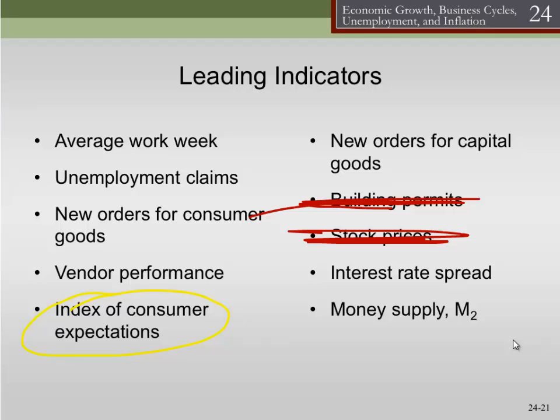First of all, building permits, it's terrible data because it's all collected from the county up, and every single county does building permits differently. So you might have one county that says to put in a water heater you have to have a building permit. Another county says to have a new house you have to put in a new building permit. And those just aren't comparable. They're very poor predictors. Stock prices are also very poor predictors of the business cycle. They're just too volatile.